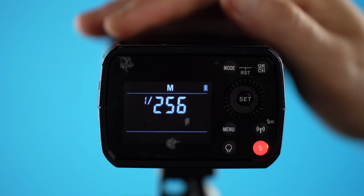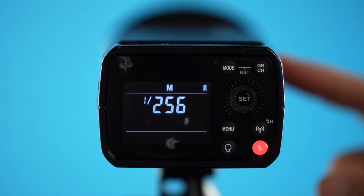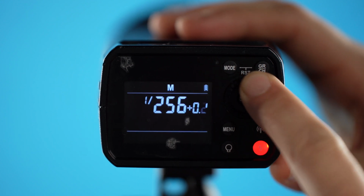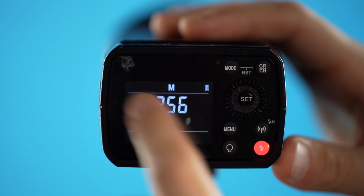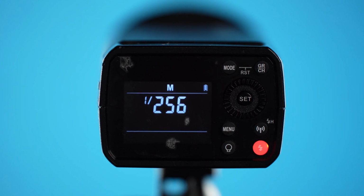Now this would be useful if you are either trying to optically trigger the flash or connect a different receiver to the side here, such as a pocket wizard. There's ports for that on the side. You can use that, control the power on the back, and keep the wireless off. That way it knows not to search for a wireless signal, which will just make the battery last a little